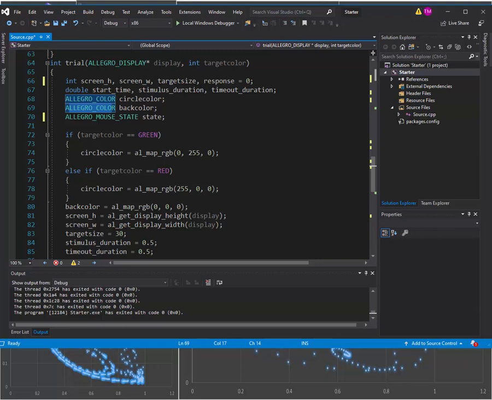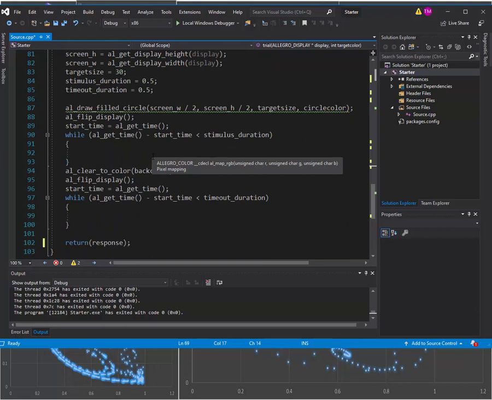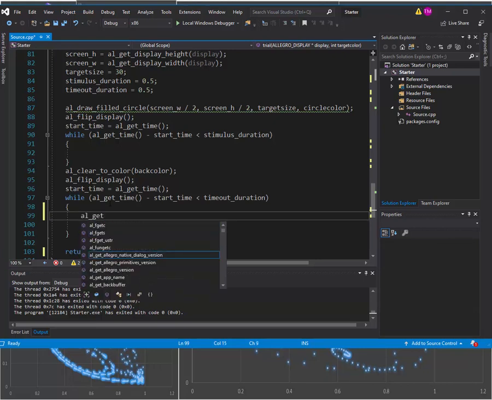Now, down here, while we're timing that blank space after the stimulus, we want to get the mouse state. So al_get_mouse_state